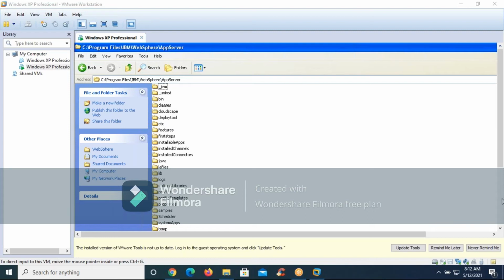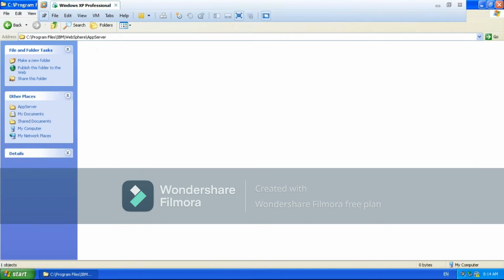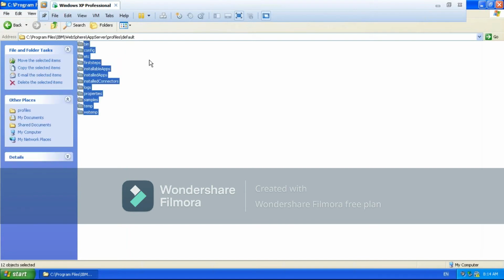So anybody has any doubts up to now? Whatever we discussed. Okay, fine. If everybody is clear, then let us start the servers and let us see the content of WAS home now. Sorry, profile WAS. So this is WAS home, and inside the WAS home, go to the profiles. Inside the profiles, one profile is created. The name is default. This path we are going to call the default profile home, and this is the default profile content.